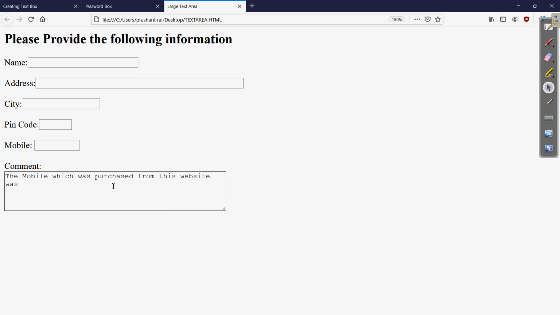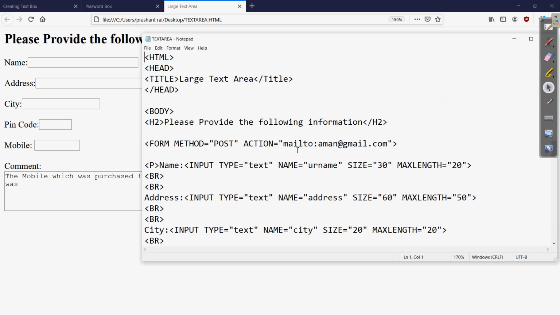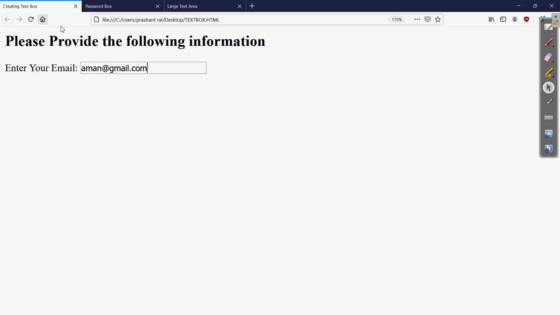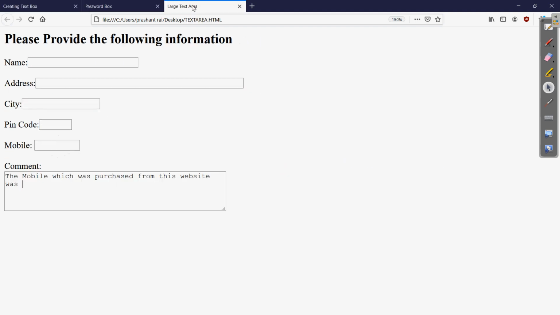So I hope it is clear how the text area is used. Also, whatever title we write in each of these programs, the same title appears in the tab. You can see we have written large text area, and the same appears on the tab. In each of the previous examples also, whether password box or text box, the same title appears at the top.